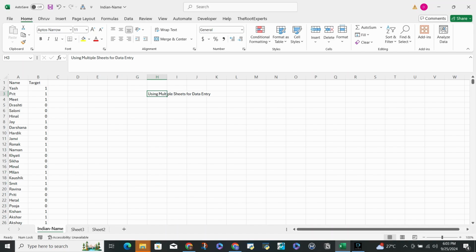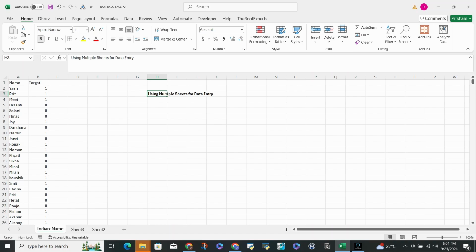So for example, if I have to give you an example of how we do it, if I want to select cell H3, I'm going to bold it using control B for bold. And let's say I want to select the name in A3, Prit. I want to select all of them and copy it somewhere. And I don't want any space in between whatever is mentioned here. I just want this as an H3. That's all. So the way to do it is, we are going to select the first cell, and then